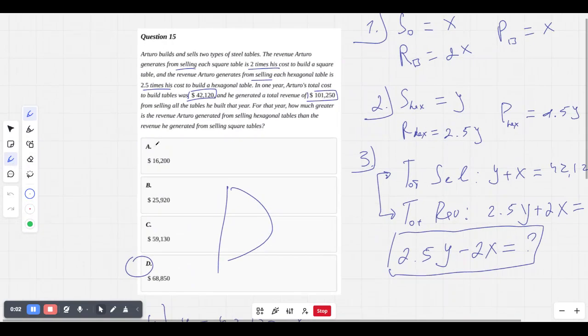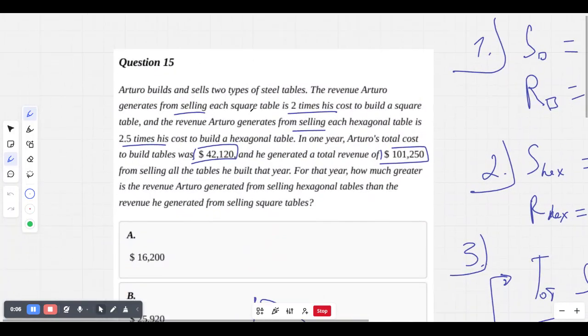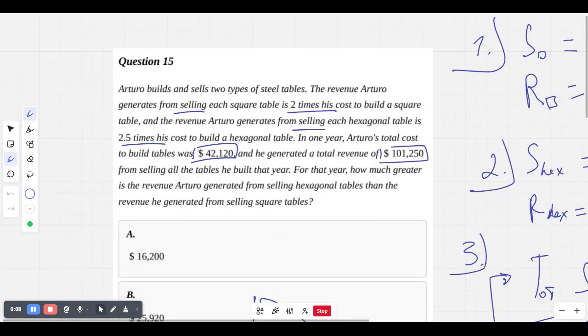Okay, so Arturo builds and sells two types of steel tables. The revenue Arturo generates from selling each square table is two times his cost to build a square table. And the revenue Arturo generates from selling each hexagonal table is 2.5 times his cost to build a hexagonal table. In a single year, Arturo's total cost to build tables was